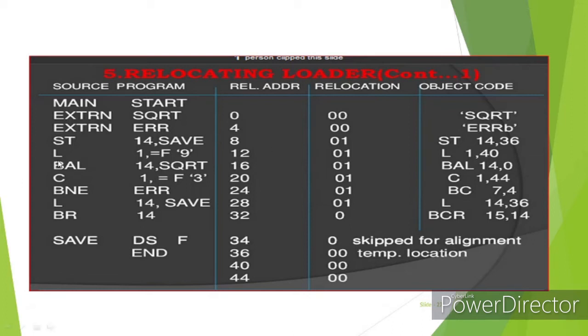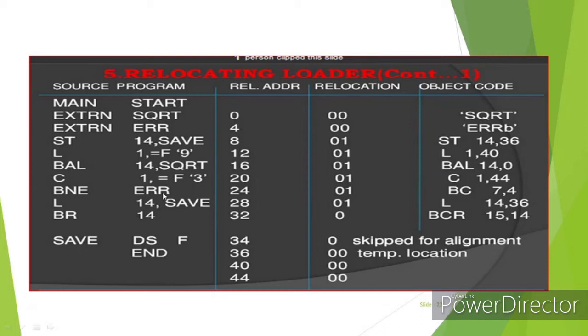The next instruction is load 1 comma 9. So number 9 will be transferred to register 1, and 9 is placed at memory location 40. Then BAL 14 comma square root. Square root, as you can see, is placed at memory location 0. Then C 1 comma F3, and number 3 is placed at memory location 44.